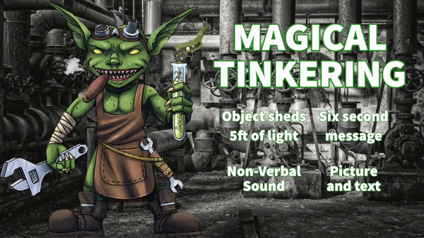By the way, my wrench works as my magic there. In other words, all my magic comes through my wrench, which is kind of cool. So it's kind of a double-edged wrench, if you will. It's good for spells, and it's good for hitting people in the head with. So I treat it like a mace. But yeah, the abilities that I have there as a magical tinkerer is objects shed 5 feet of light, which